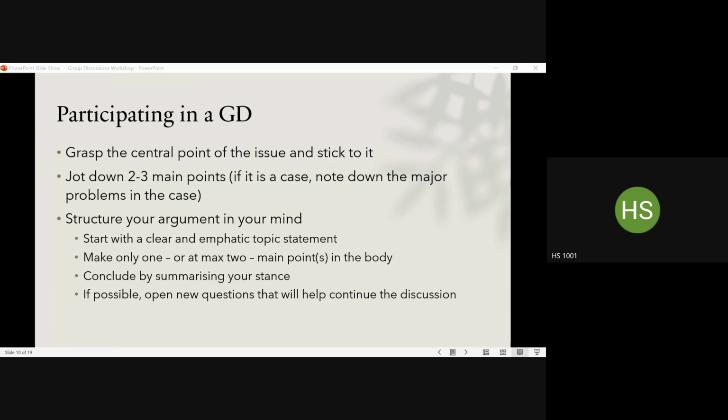Fire away. If the leader is telling some points, are we supposed to only stick to them, or can we give our own ideas? If we don't like the points the leader says, is it compulsory that we have to repeat the points of the leader? No, you don't have to suck up to the leader at all. You can bring your own perspective, your own ideas. You can add to the discussion. You can respectfully disagree with the leader. It's just that when you disagree with somebody, you should also do that in a courteous manner, right?